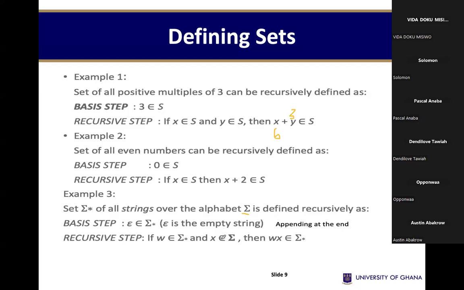And X is an element of the set of alphabet A, B, C, D all the way to Z. Then I can concatenate what is currently in the string sigma star with an alphabet X from the set of alphabet A, B, C, D to Z. When I do that concatenation, X is concatenated to what is in the string. Previously, the string was empty. If I add